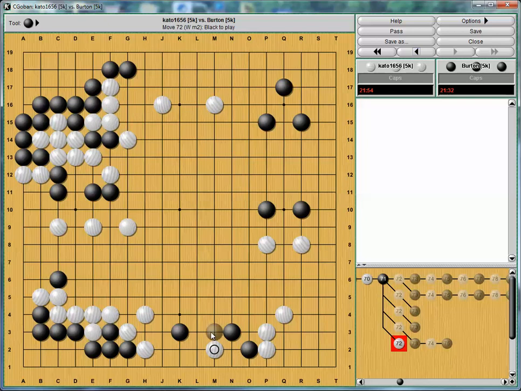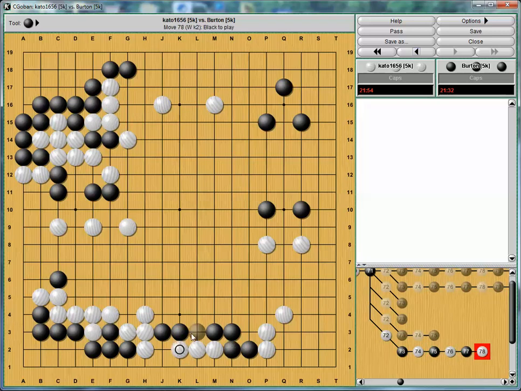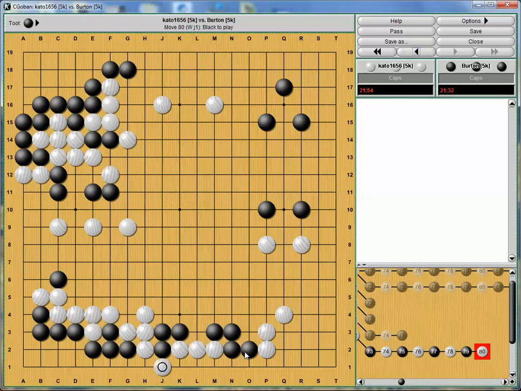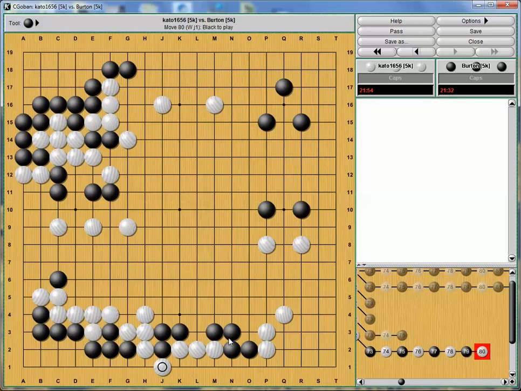But still, there's that weakness, so... Oh, if we connect this way... Yeah, white can't be cut off completely, it looks like. And black doesn't have any eyes. Zero eyes in the middle of a whole bunch of white stones. And if we have to run with black...